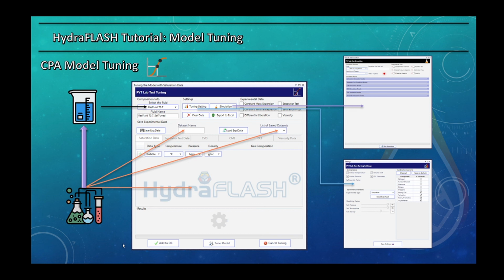Okay, the next important point you need to remember is that, as I mentioned before, you can enter any experimental data, PVT lab testing data, in here, and you can save it to the database. When you save experimental data to the database, you connect that experimental data to the loaded fluid. You see this arrow? So you cannot use a single experimental data for different fluids, because